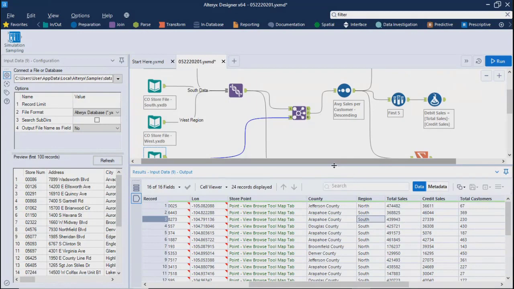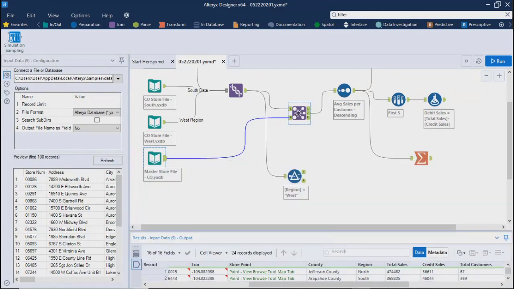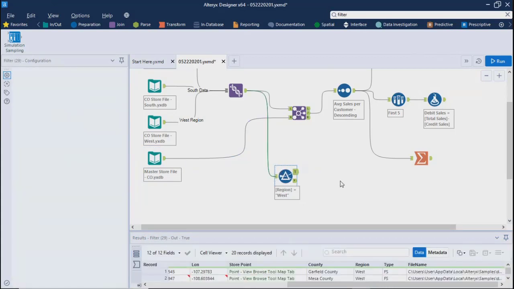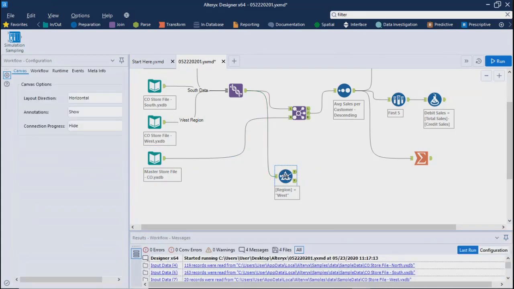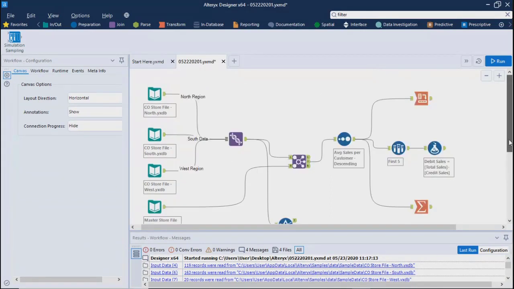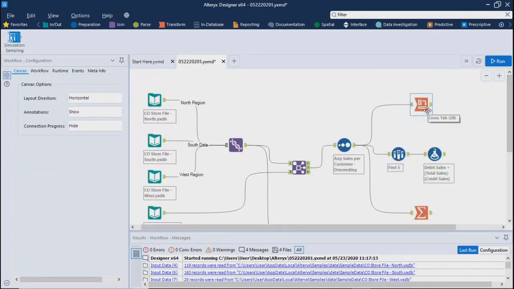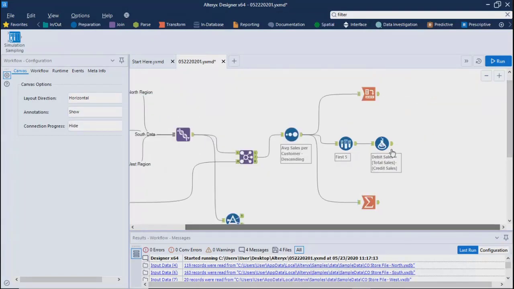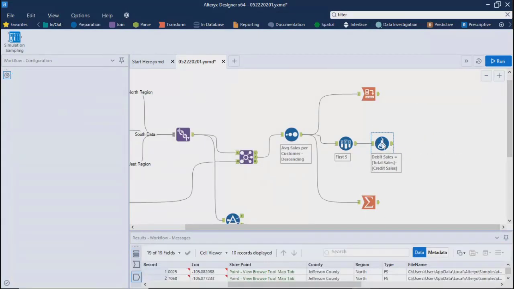Hope that answers your question? Yeah. Okay. So now what we can do is, see over here, because we don't have any data related to West region, doing any summarization or reporting doesn't make any sense on this data. We can continue with our data related to North and South regions. So over here, we went ahead and added one calculated field also.